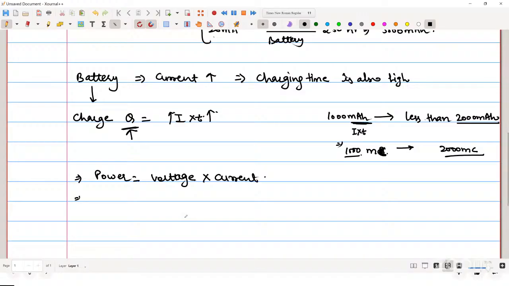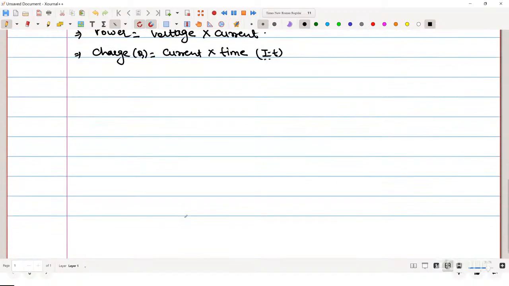Okay, the charge Q is nothing but current multiplied by the time. Q is equal to IT. This general concept we are using in this particular part. Okay, and now if we are using it with miniaturization,